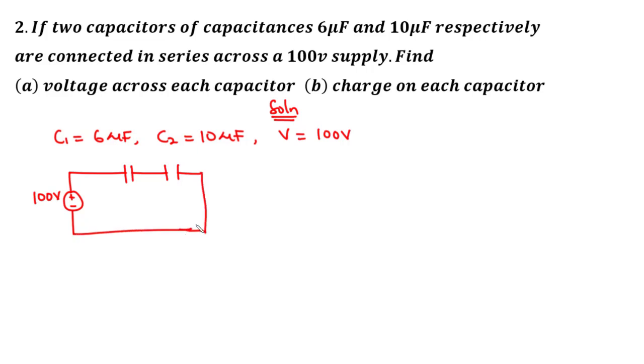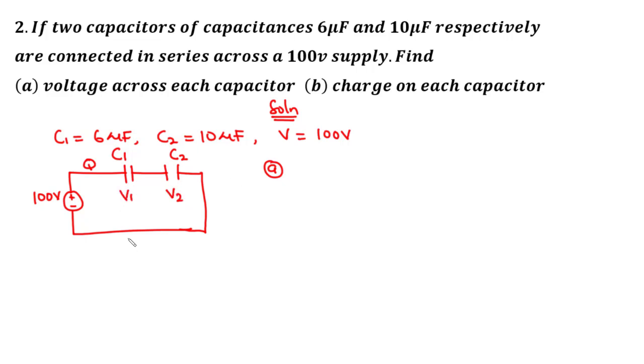So let's say we have this to be the connection. This is C1 and then this is C2. Okay, and then for capacitors connected in series, we have the same charge on each of the two capacitors. Now, we want to find the voltage across each of the two capacitors. So to find the voltage across each of the two capacitors, it means that we want to find V1